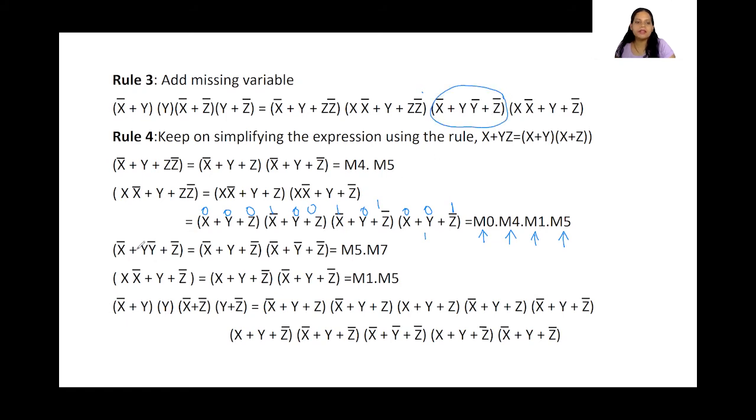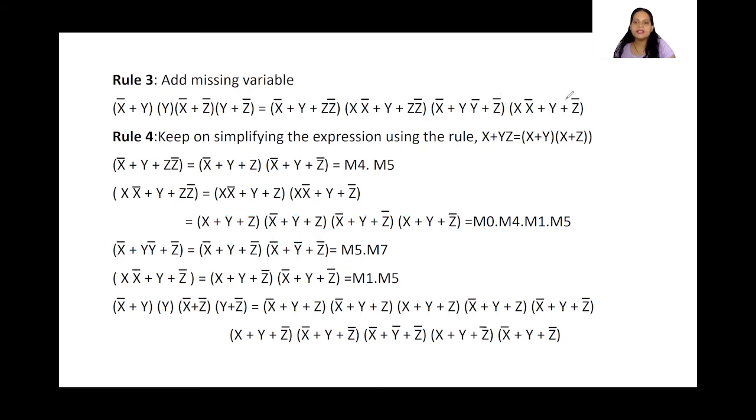Okay, next let us take this term. What happens here? Again we are using x bar z bar as our x, and then we are multiplying it with y and y bar. Okay, so we will get this particular expression. So what happens here? This is nothing but 1 0 1 and 1 1 1. Here this means 5 and this means 7.